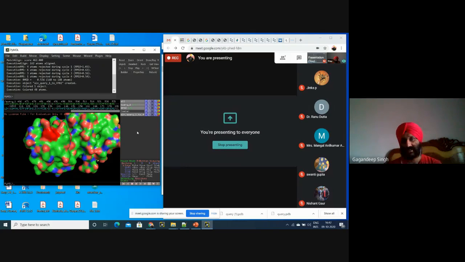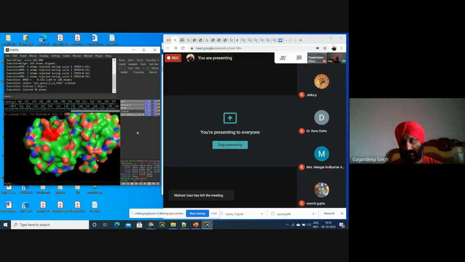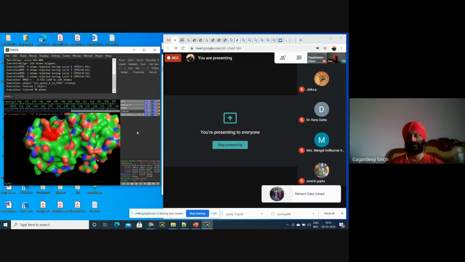MD simulation means GROMACS, which is a simulation. In that simulation we'll be able to find whether our structures are stable or not. If structures are stable, then easily we can target those structures for drug designing. But if the structure is unstable, then you can't design a drug for it. How can you design a drug for an unstable structure? If the structure is already unstable, then that drug can bind to any other protein.